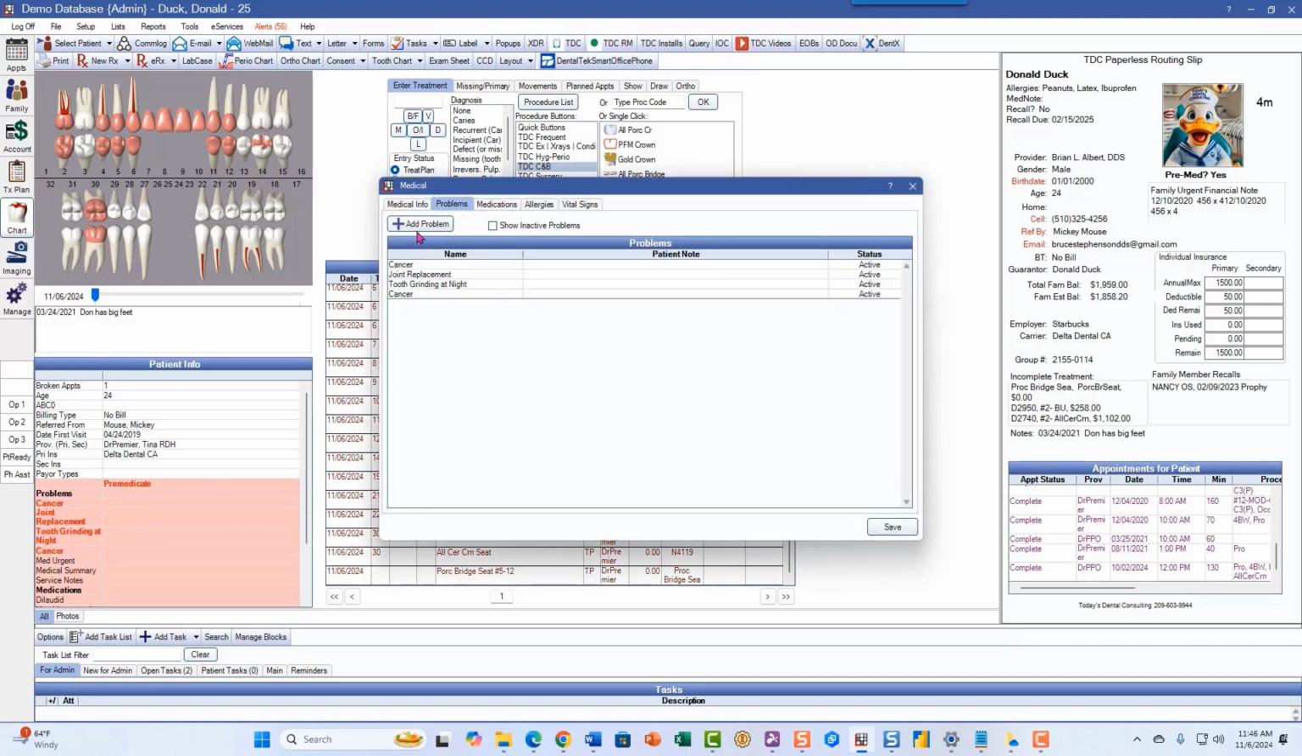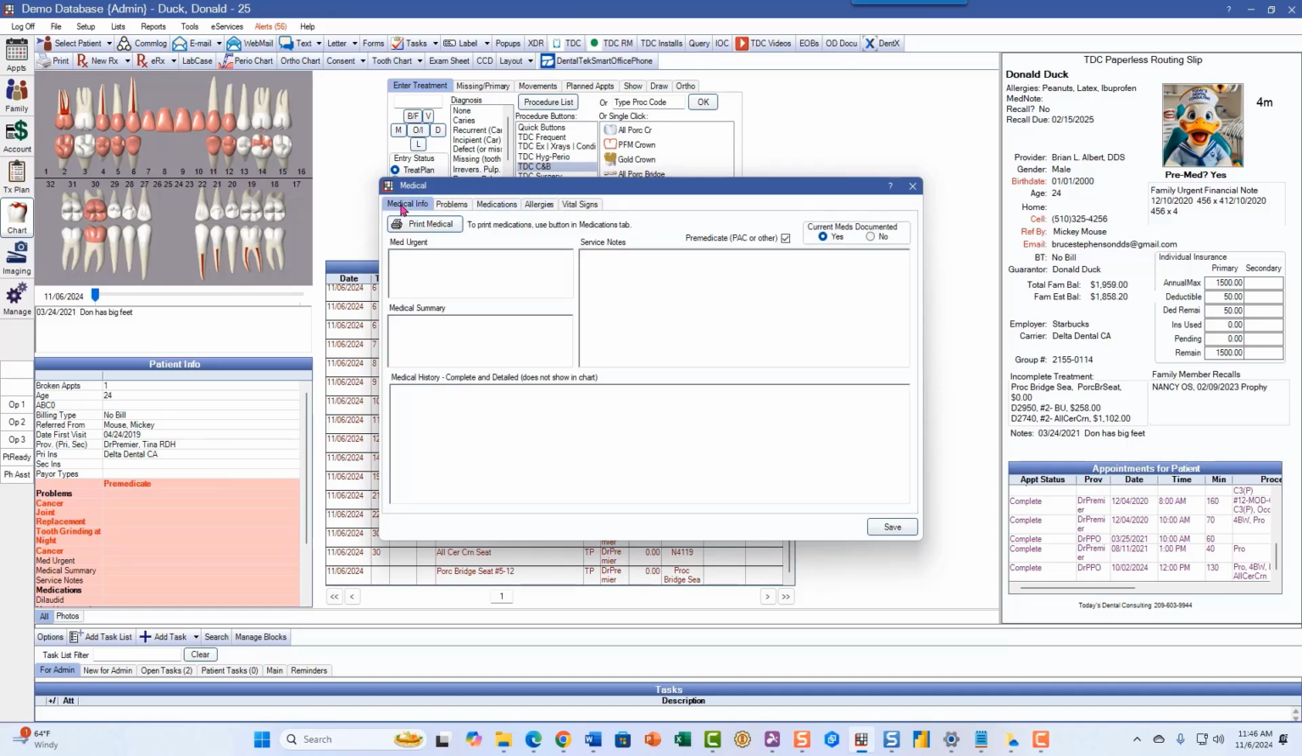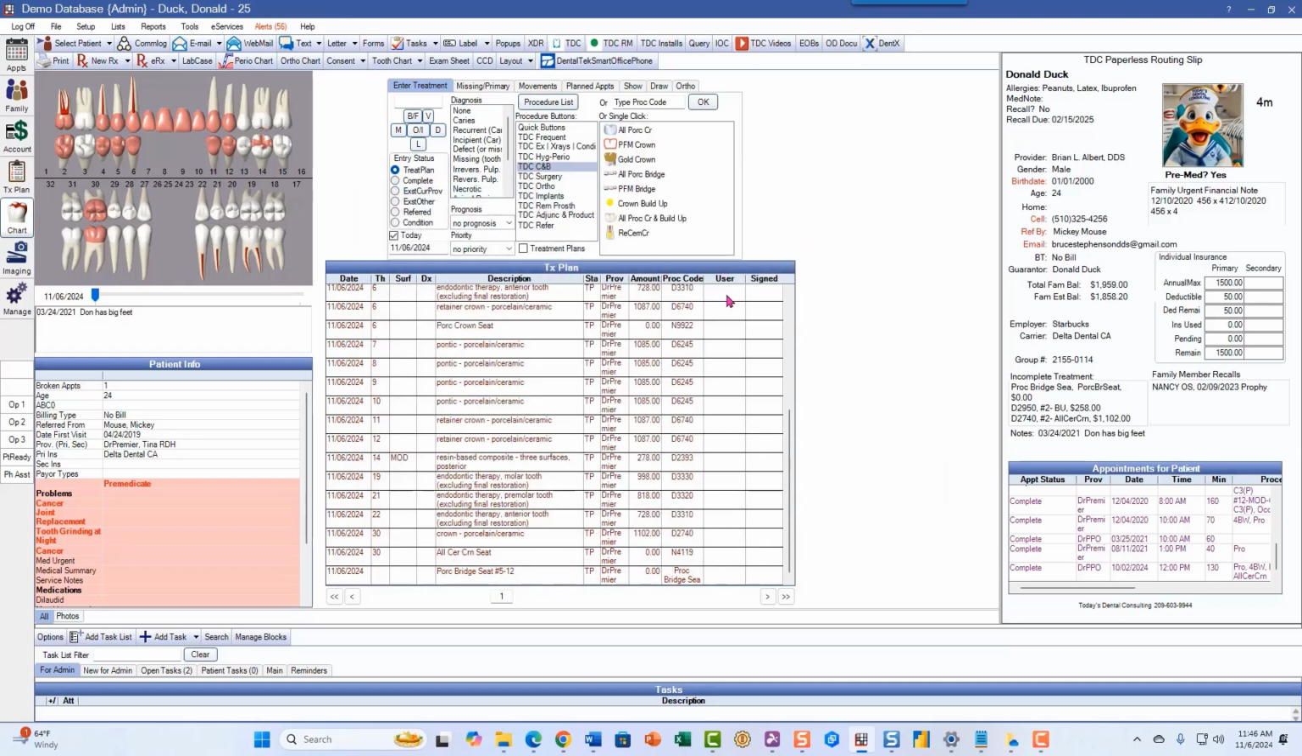Here's the medical problems. Here's the medications. Here's the allergies. And back here is where we have that pre-medicate button. Now, all this information can be imported with a couple of mouse clicks from the web forms in Open Dental,